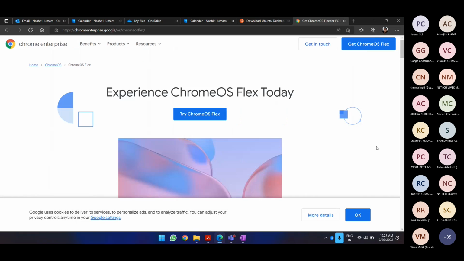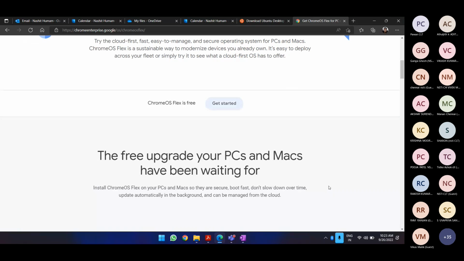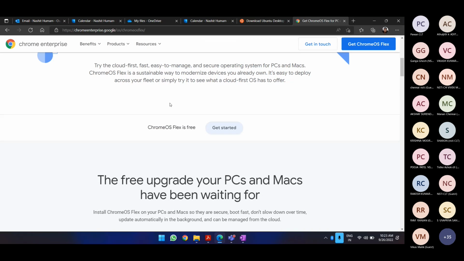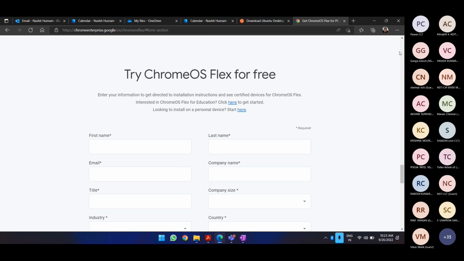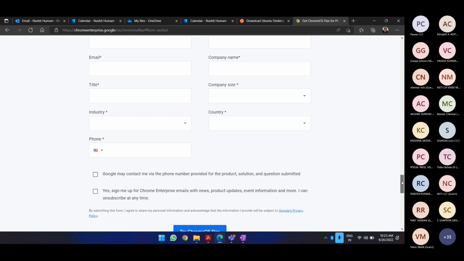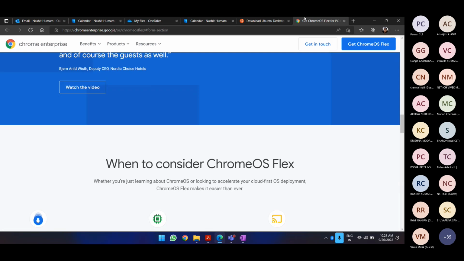Tor browser, yeah, but look, we have a lot of time to discuss a lot of things. We would be discussing each and everything, not a problem. And in case we are starting with Chrome OS, yes, it is free and obviously open source. I don't know where to download it. Get Chrome OS Flex. You put in your name and everything, and it will download for you. So not a problem. That would be really very easy.